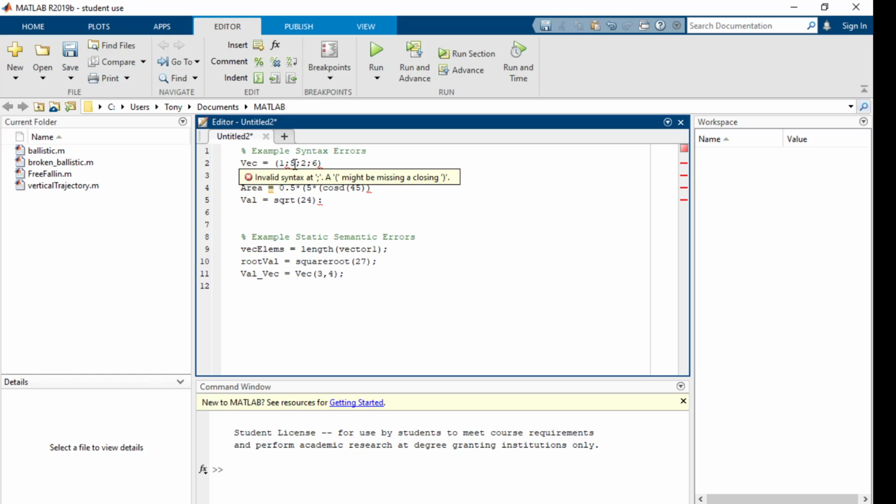I have a number of compiler errors that show up with these little red lines, and then there are some semantic errors down here. Static semantic errors is what they're calling them here, because they're things that pop up right away when you try and run it. One of the first learning tasks you have is to get used to what this is supposed to look like, and to do that, it's helpful to get used to what these error messages look like and mean. So it says